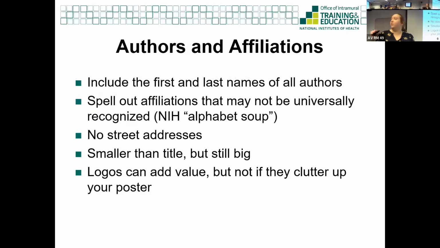So authors and affiliations, again, include the first and last name of you, other people in your research group who helped with this project, and then your PI of your research group. Spell out all affiliations of who is in this project. So anything that is beyond NIH, you should spell out that acronym. NIH is fine, we all recognize that. But even all of the institutes and centers, not everyone is going